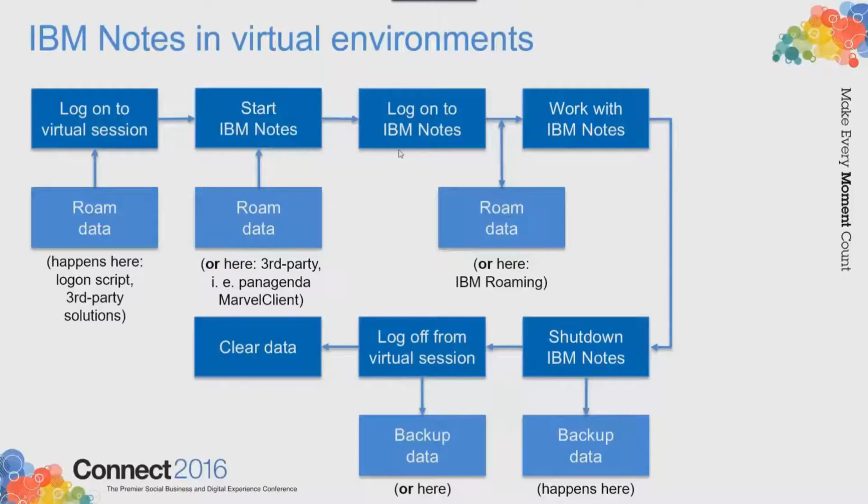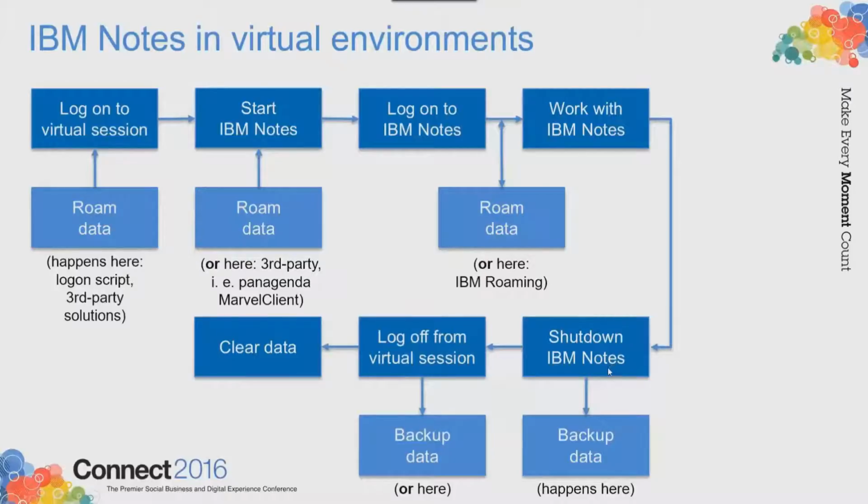And you log on to Notes, and between the login procedure and when the Notes client is finally up and running so you can start working with it, you could also have the roaming point. That is, for instance, when IBM roaming would kick in, which is based on replication. So you need a logged on context in the Notes client, so the Notes client is able to replicate your custom and your personal data from either a Domino server or from a file share locally into the data directory of that virtual environment. Then you continue working with Notes, and at some point in time you're going to shut